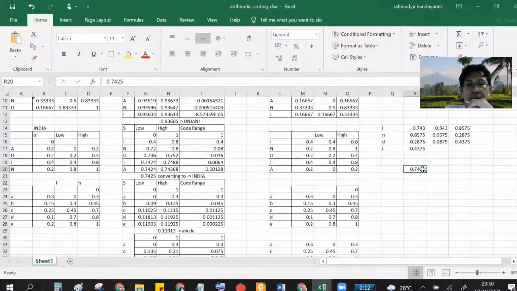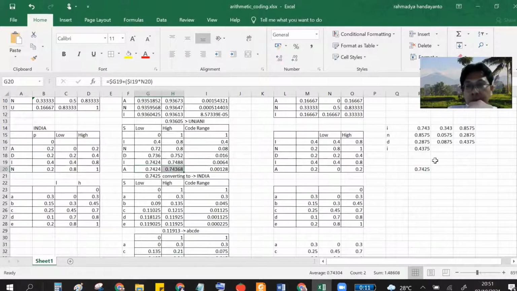Because this number is inside this range, 0.7425.